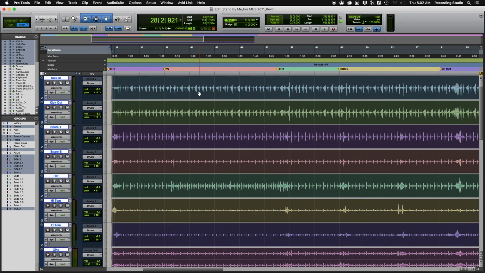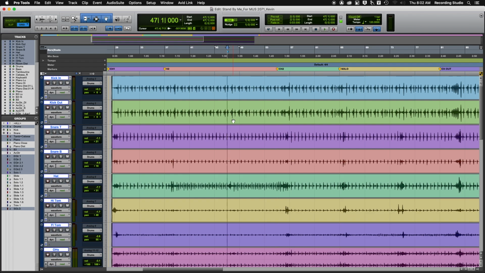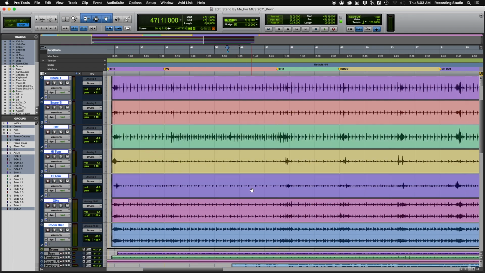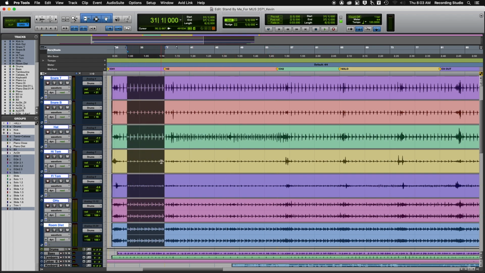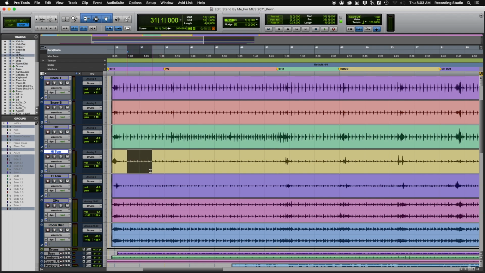There's a tool called Strip Silence. Now, I might have talked about this a little bit. I clearly didn't use it on here, and it does exactly what the name says. It strips out all the silence, all these little gaps in between notes. If you were really trying to super produce, for instance, on the toms they are only being played here, here, here, here. If I wanted to strip out all of this extra, let me turn my group off, what's essentially dead air,